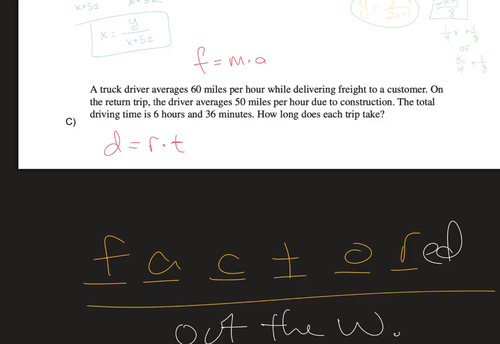Dirt is one of them. This is dirt. I like to call it dirt. Anyway, they average 60 miles per hour. Well, that is their rate. So we could already kind of write this, just by the way. So they average that much,